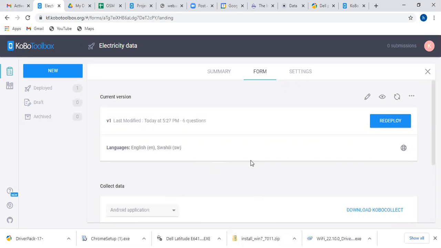And you can collect data from the field and send it here, and you can visualize your data and work on your data. So Kobotoolbox is the easiest, simplest way for you guys to collect data